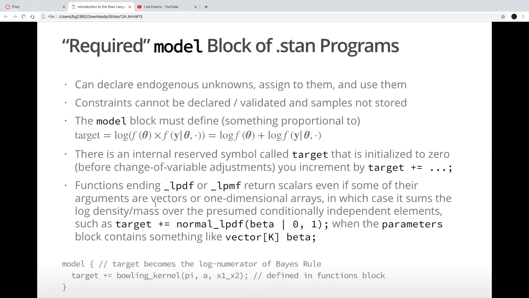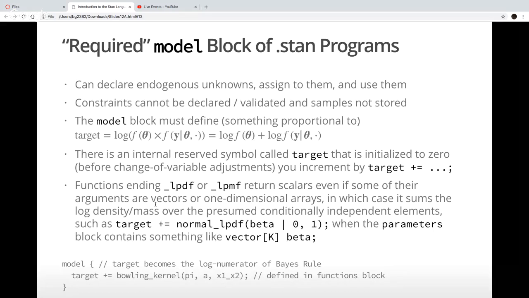The next block, also more or less required, is called model, which is a name that we subsequently regretted because the whole thing is kind of the model. But anyway, in the model block of a Stan program, it's basically where you're saying, okay, this is what the numerator of Bayes' rule in log units is going to be.